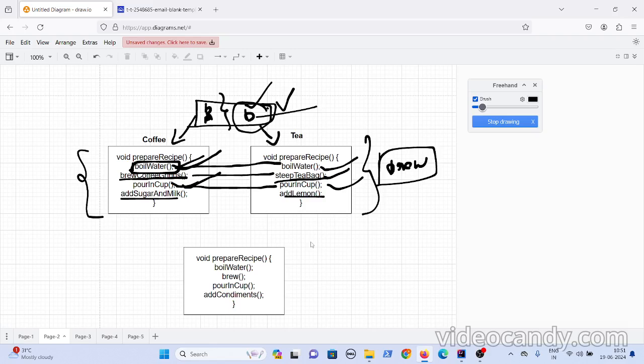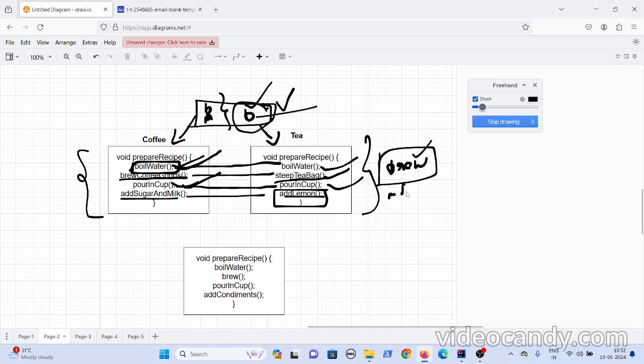So the process is the same, but the items you are adding are different, okay. For coffee you can add sugar, for tea you can add sugar, like you are adding something, but what you are adding is different. So the same way we have done for brew, you can name these methods as add condiments.